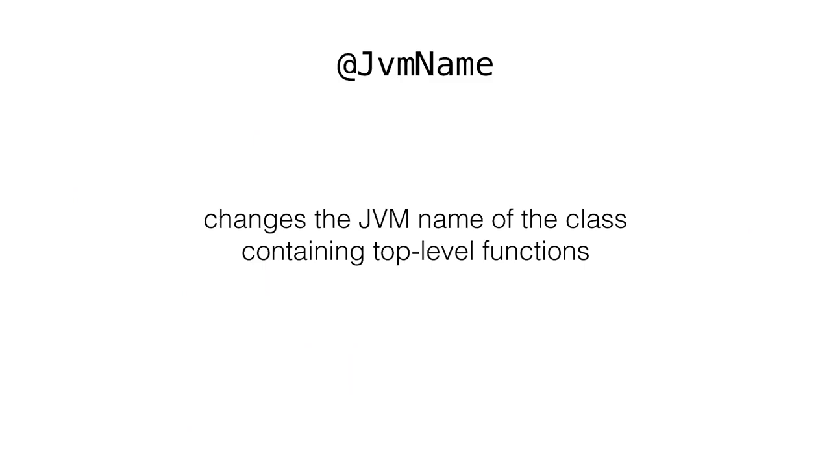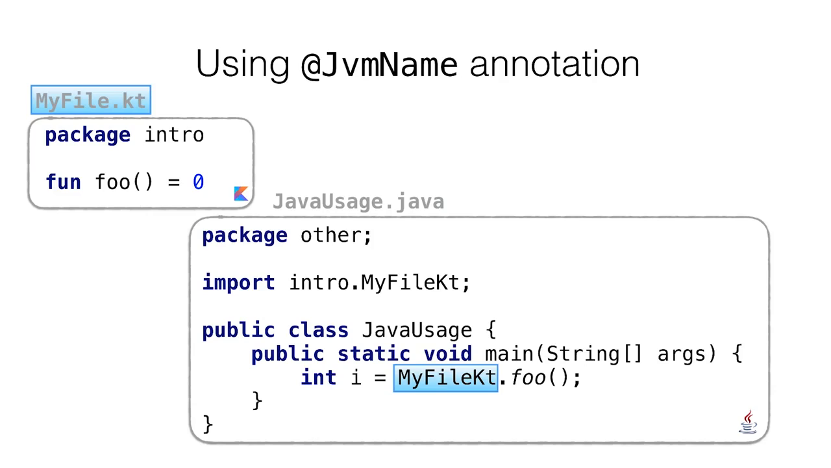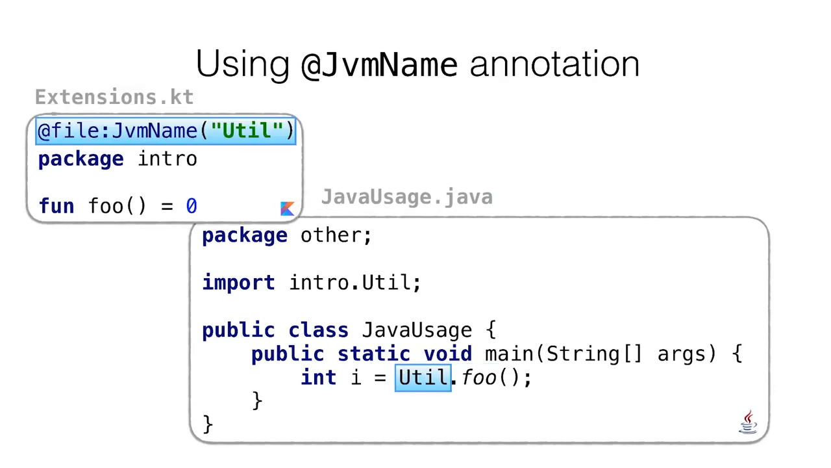If you want, you can change the name of the class that contains all the top-level functions as static functions. For that, you use a JvmName annotation. You annotate the file contents and put the annotation right before the package name. Now you call foo as a member of a class which name you specified, in this example of the class